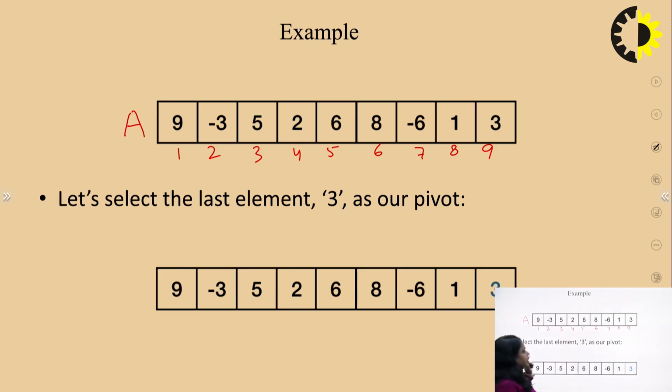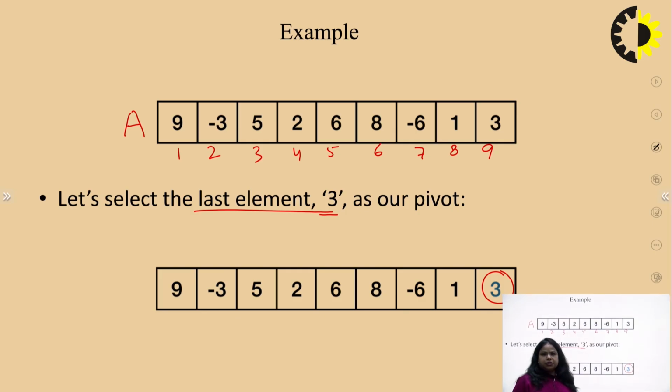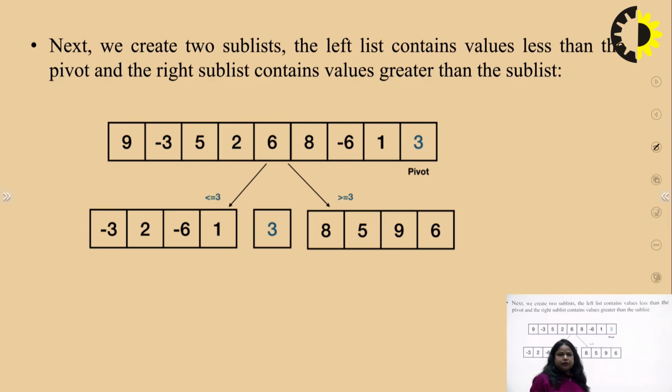Fine. So if this is a 9 element array, suppose I consider the last element as the pivot element. On that basis, let's assume that in the given array, 3 is the pivot element. Now how do we work using the pivot element? First of all, we have to consider two lists. Depending upon the pivot element, the complete array is divided into two sub arrays. So how do we do the division of the sub arrays?